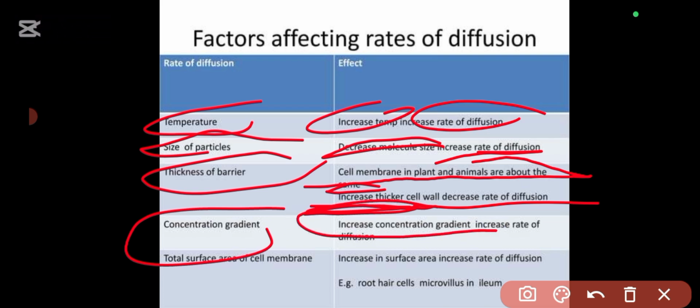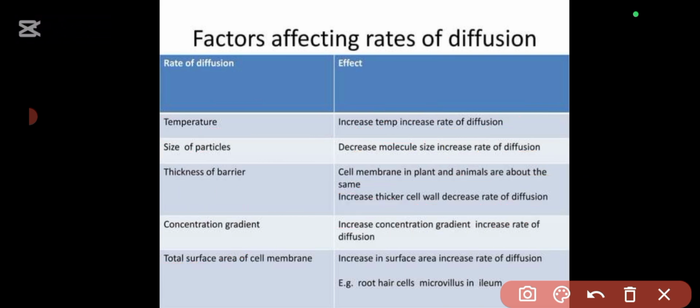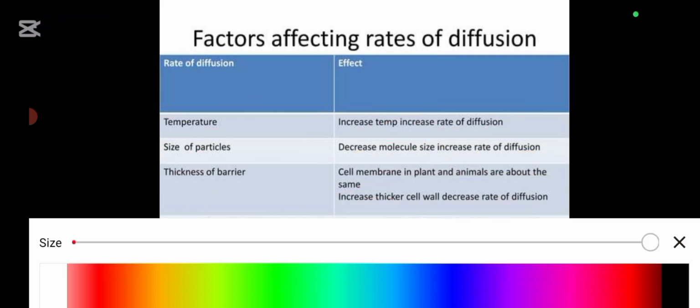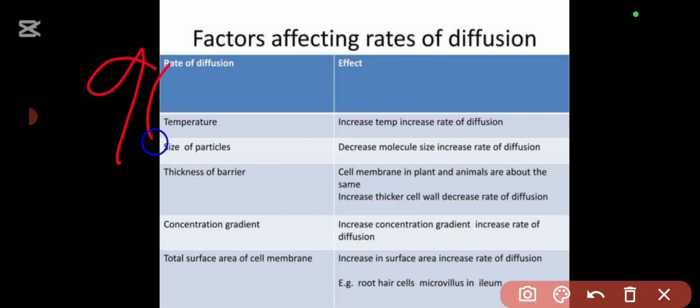When there is increased concentration gradient, there is increased rate of diffusion. In fact, the rate of diffusion decreases as the concentration gradient, that is the difference in concentration across the membrane, becomes less and less. Let me explain that using a little bit of maths. If initially I have 90 to 10 here, substances will